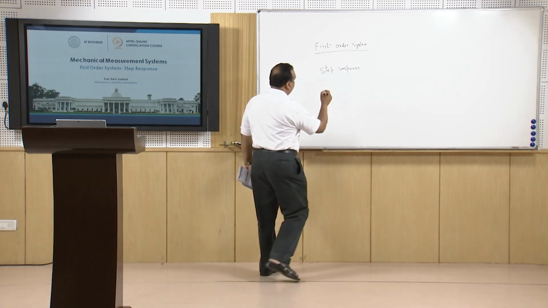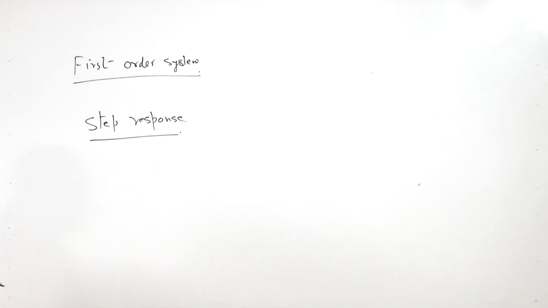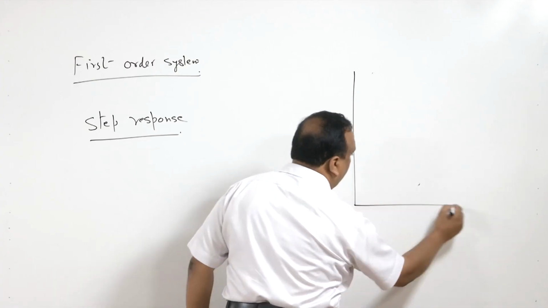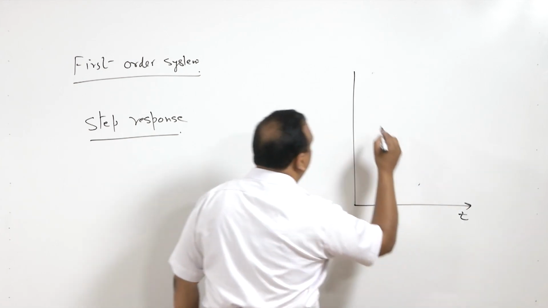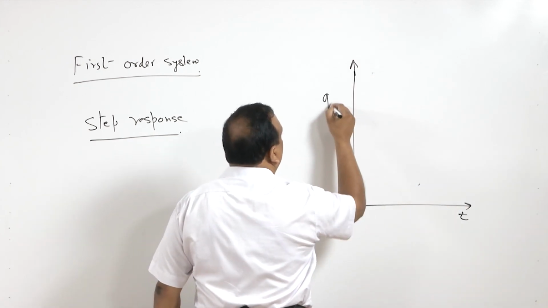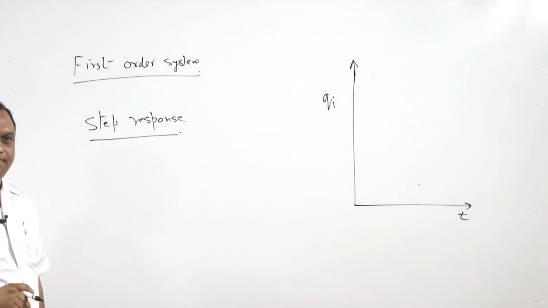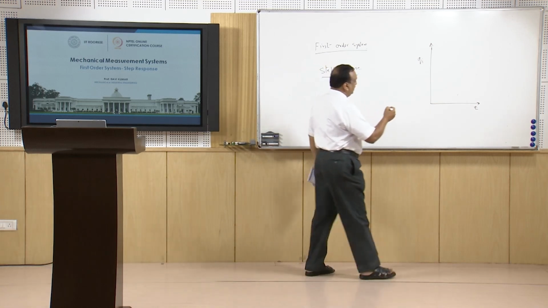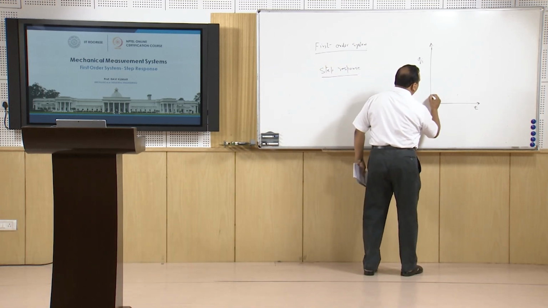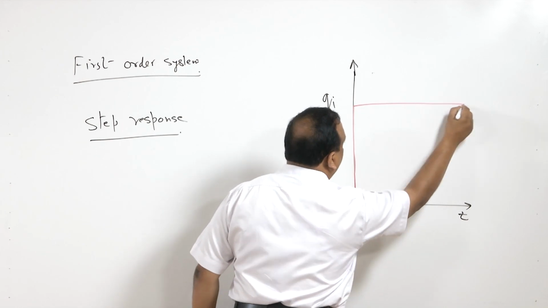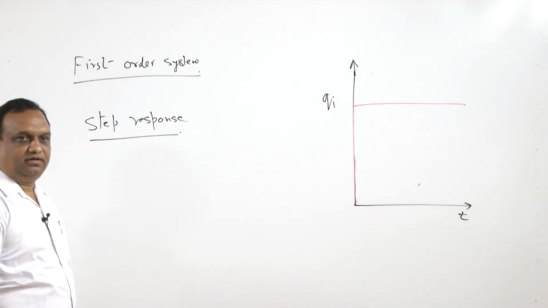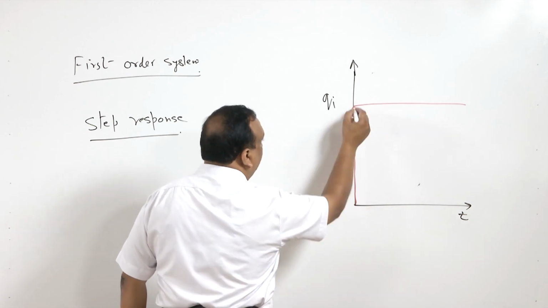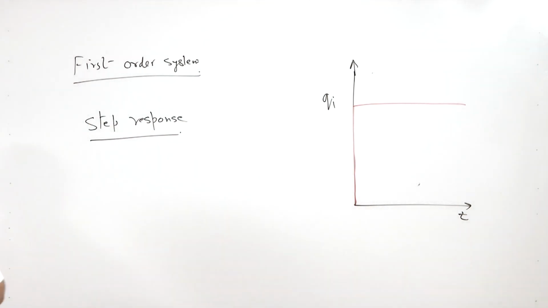So first of all, let us start with the step input to the system. So when there is a step input to the system, on x-axis it is time, on y-axis it is qi, input quantity. So when there is step input to the system, the input characteristic curve is something like this. At time t equal to 0, the input has increased from 0 to a certain value. For example,